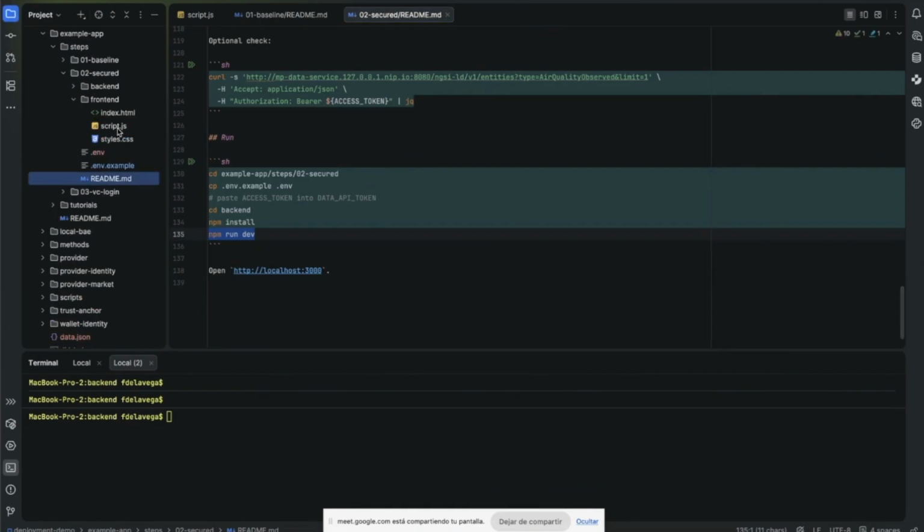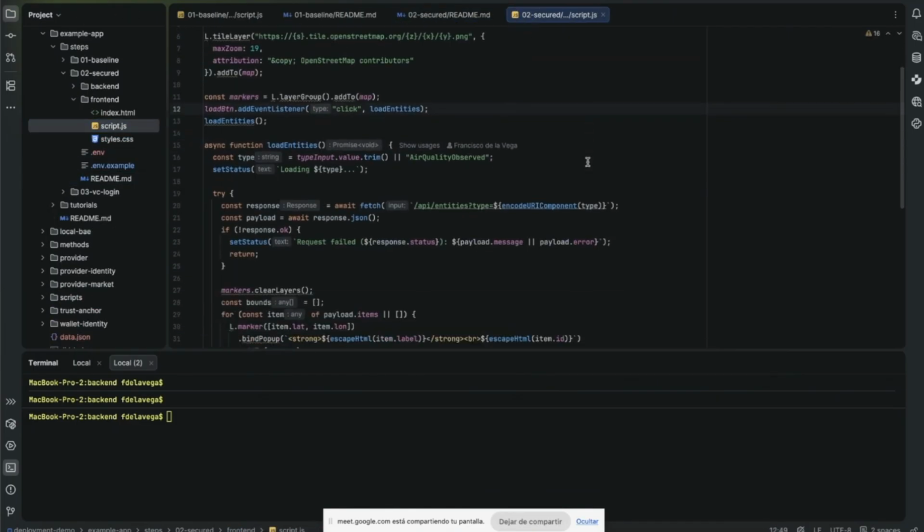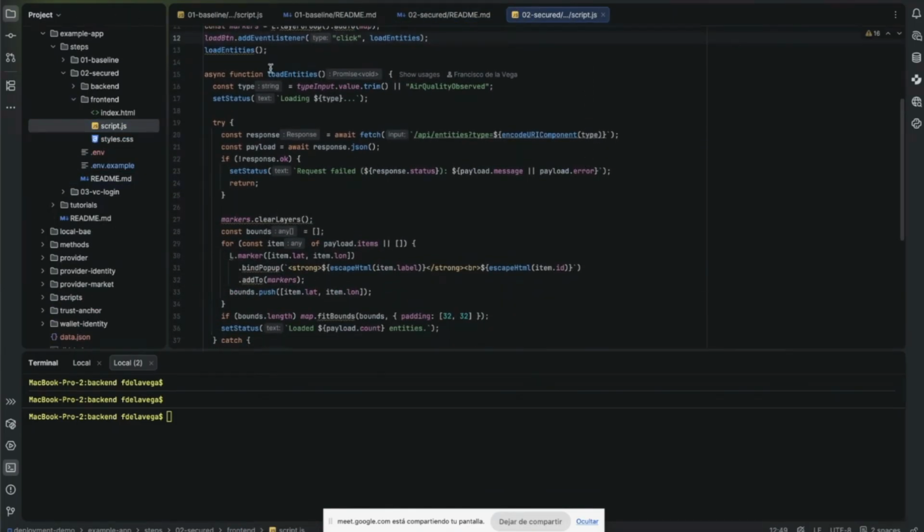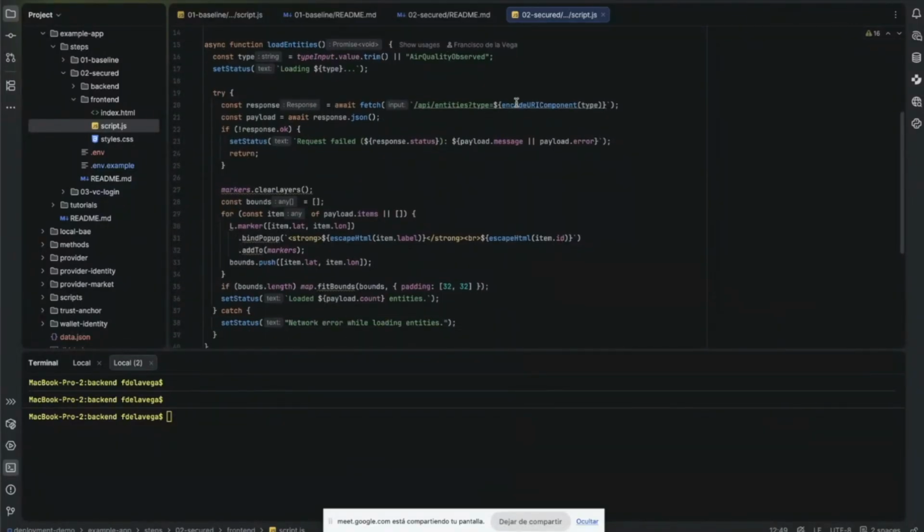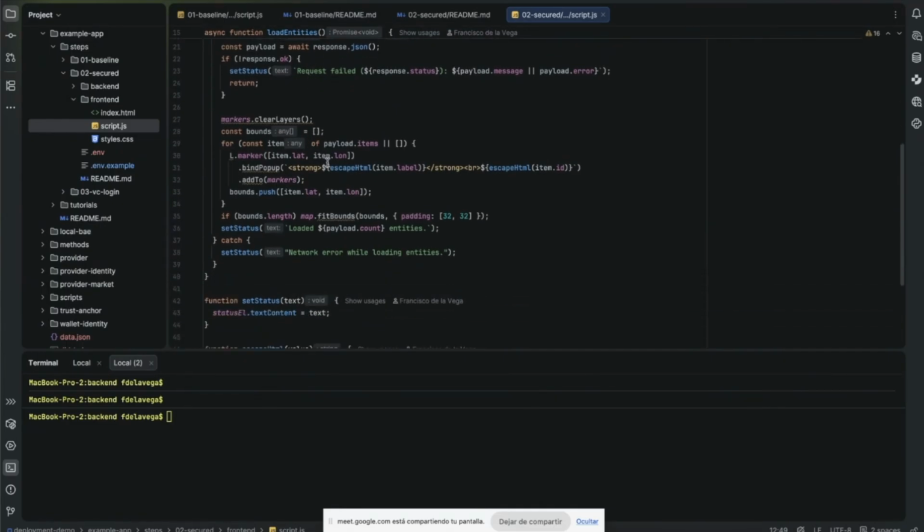Okay, if we have a look at this application, you will see that it's very similar, but a little bit different. We have our method to load entities. We are making the request to make this query. But in this case,